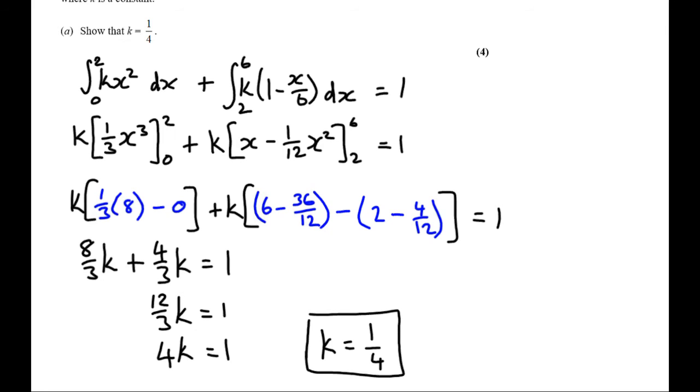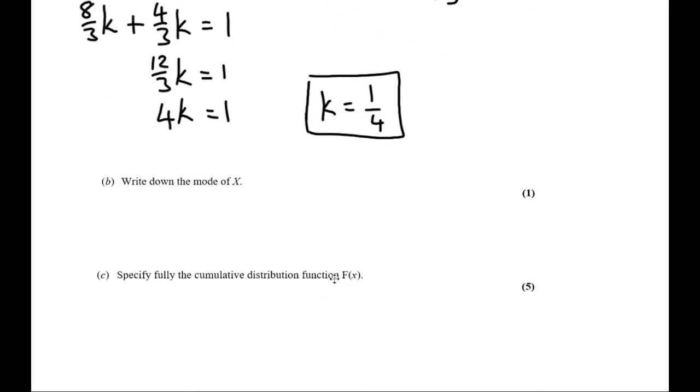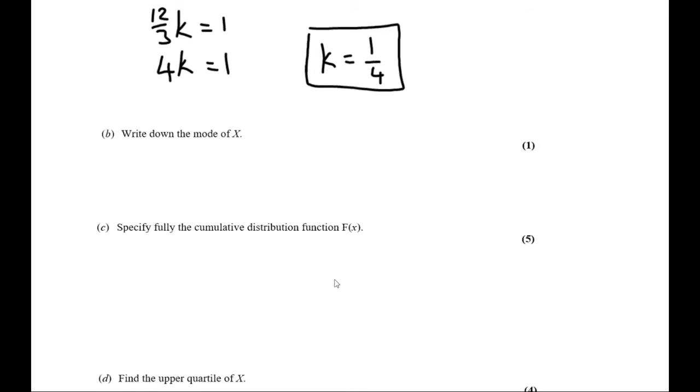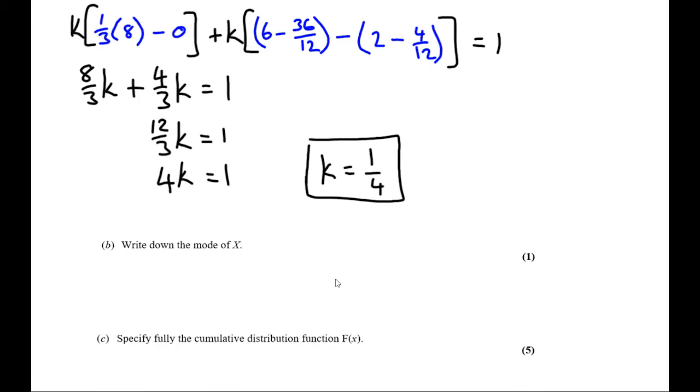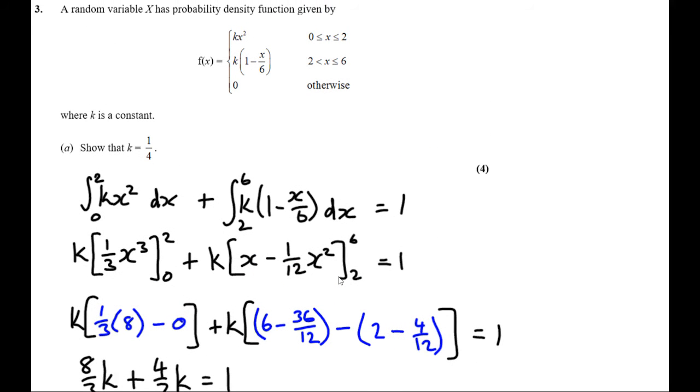Okay, starting with the fact that integrating the entirety of the continuous random variable should get me an answer of 1. I've managed to prove what the question asked me to. Write down the mode of x. Okay, going back to the actual continuous random variable here,